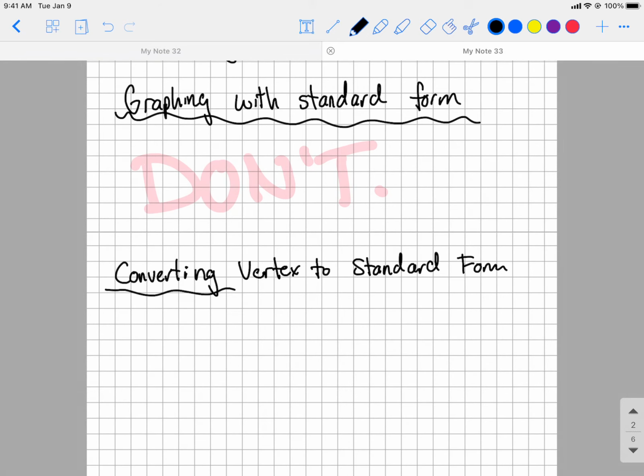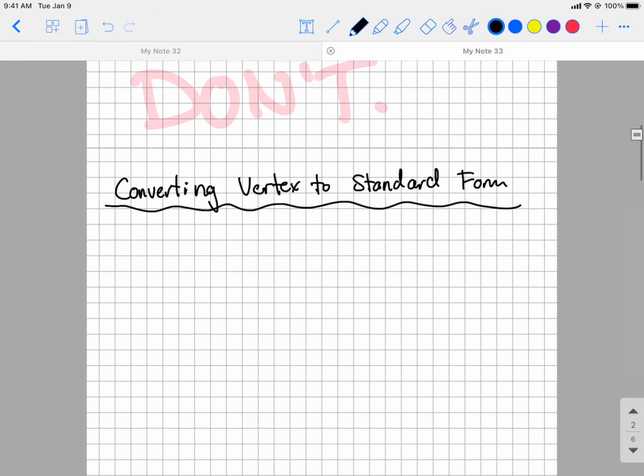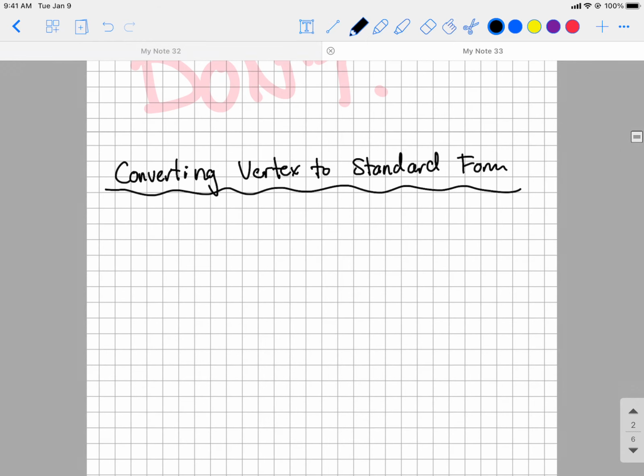There is a formula you can kind of memorize to tell you what your P and your Q values will be. I wouldn't say it's necessarily worth it. It's better to understand how to get there, so I'm just going to show you how to convert directly. If you want to see the formulas, you can look them up in the textbook in section 3.2. So here we go. Let's convert